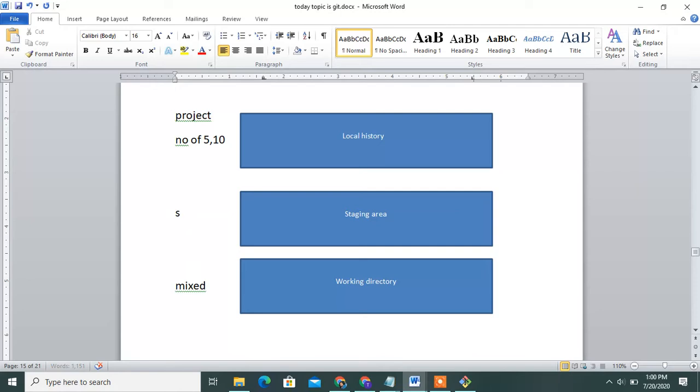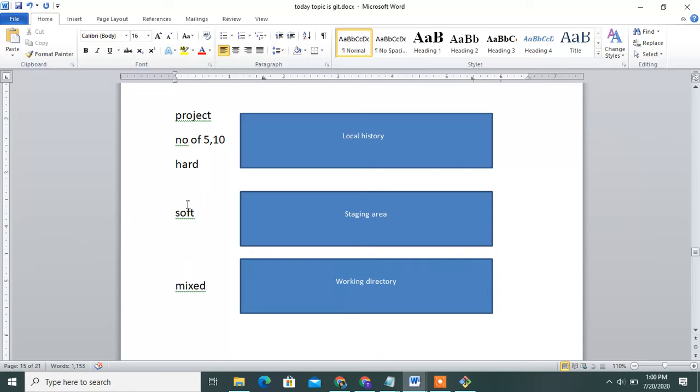Then you can use soft: git reset commit id hyphen soft command. It restores the staging area. Once you take the commit id and use the soft command, it restores the staging area. Once you use hard, you can totally delete your histories also.